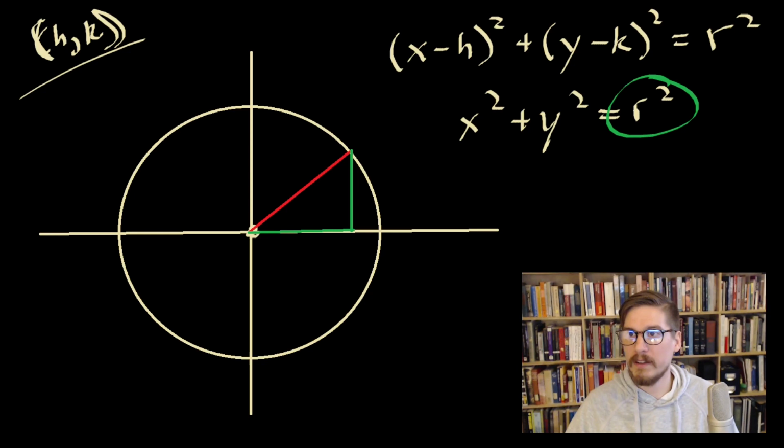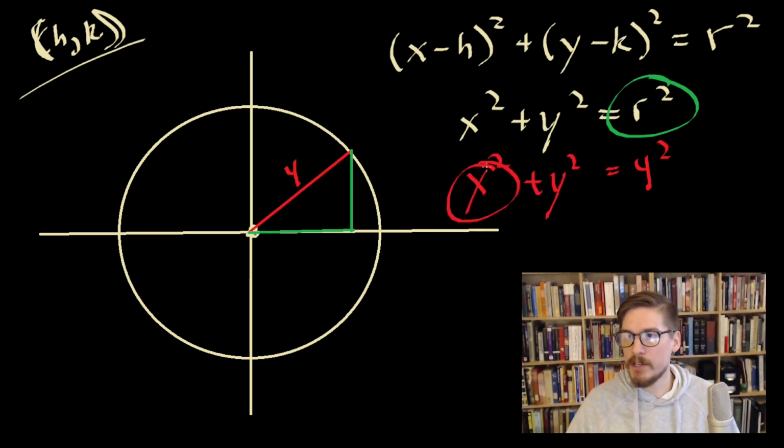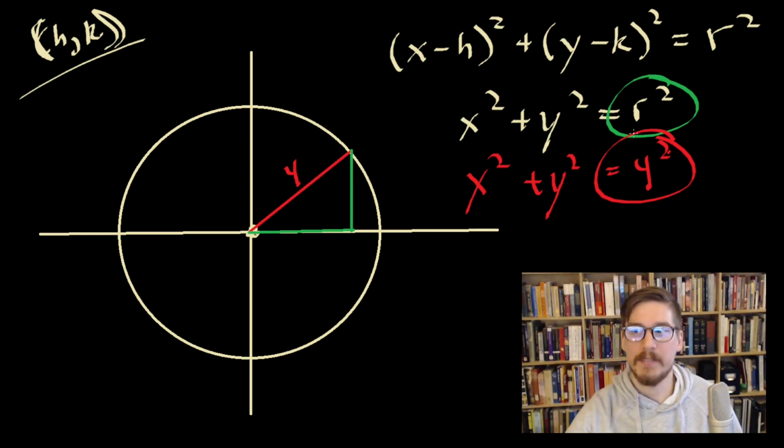And so if the radius here is, say, 4, then of course we would have 4 squared or 16. And what we would be doing is we would be looking at all the combinations of x and y, which in this formula add up to give you 16, right? So literally what we're doing is we're taking,